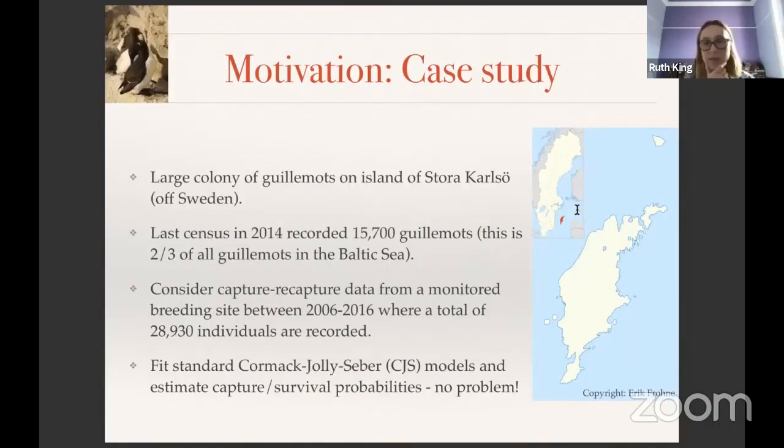The case study we're going to look at is a colony of guillemots on an island off the coast of Sweden, and it's the largest colony of guillemots in the Baltic Sea. There are currently probably over 15,000 guillemots present in the colony, but of course over many years, the number of unique individuals in our study can be much bigger. We're going to be looking at a 10-year period between 2006 and 2016, and there we have nearly 30,000 individuals recorded,